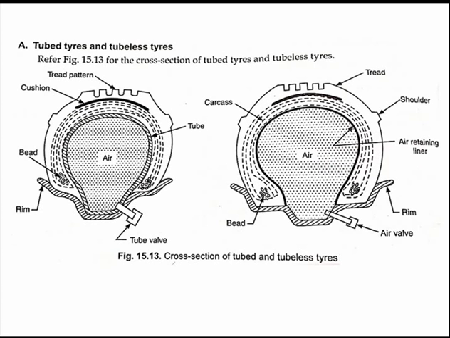But in the case of the tubeless tire, we don't need to remove the tire from the wheel rim. So when a nail goes inside, what we have to do is remove the nail from the outside, and we give some small rubber type, some puncturing device is there actually.